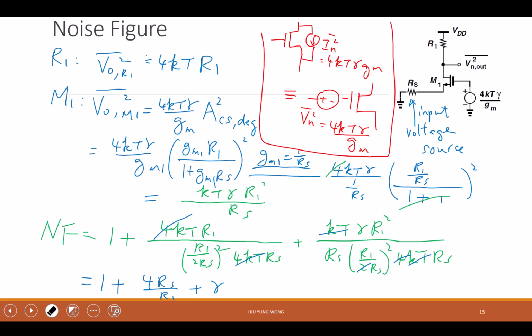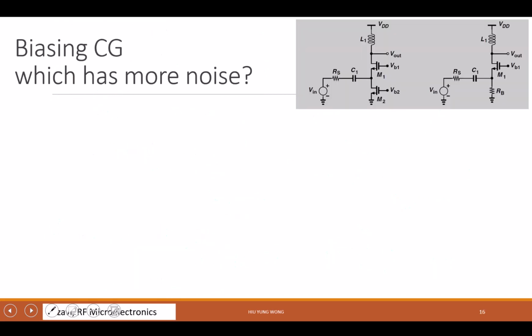Still very large dB, right? If gamma equals 1. But we're getting there. We just learn different things, right? But at least here you see that I might have a larger R1 than this one. So this is pretty close to 2. Difficult to say. Depends on how we do it. But anyway, still 2 dB. But you learn how to find the noise figure. Okay? Now, so just now,